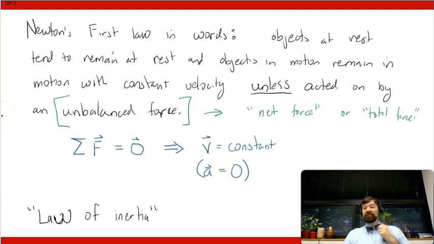Now this reframing of the relationship between forces and motions essentially means that we can go back and look at these terrestrial examples that Aristotle and others had looked at when they first formulated this idea that you needed a force to make an object move. Essentially what's going on here is if you have an object that is, let's say, moving along a tabletop or the ground or something like that. So I'm going to draw this as a box moving along the ground. And maybe you have some initial velocity here.